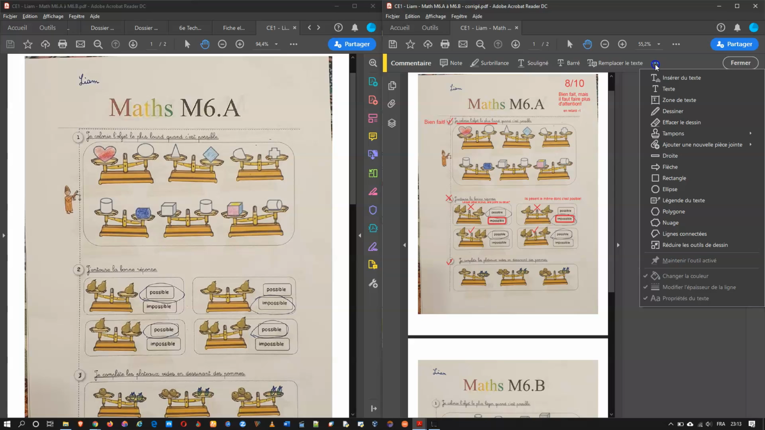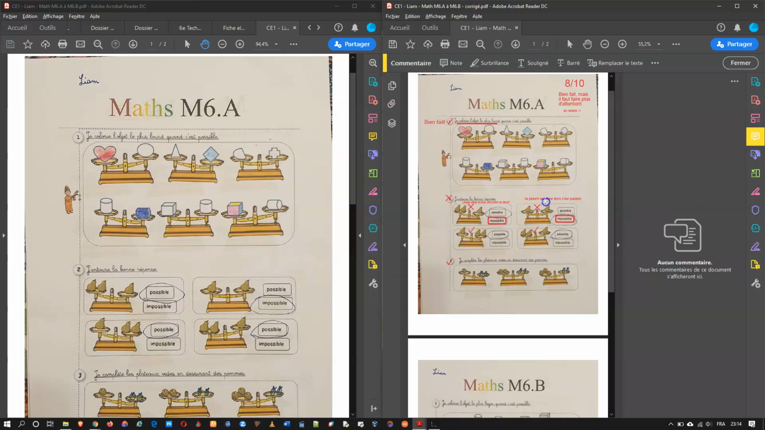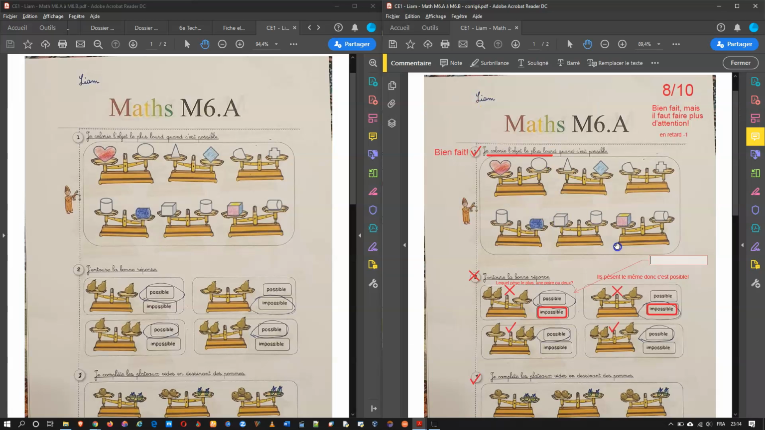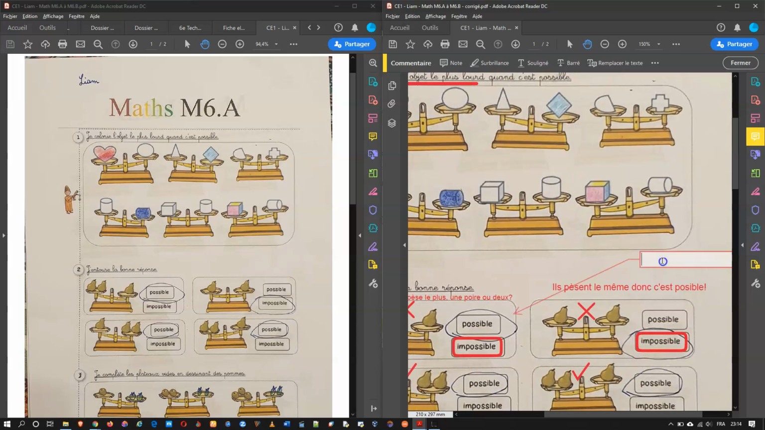And the two most useful are zone de texte and légende de texte. You still have the same functions like flash, arrow, line. You can make a rectangle around something just like we did here, but we don't have check or X here. Légende de texte is very nice because you can put an arrow and then put some text somewhere else. And with this, you also have the option